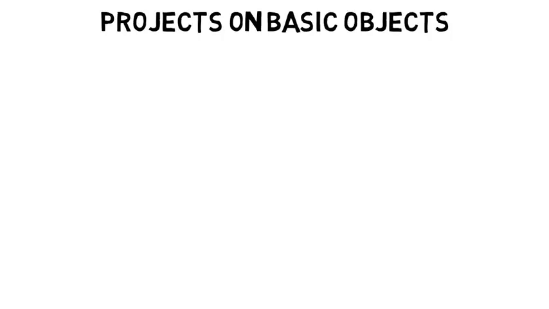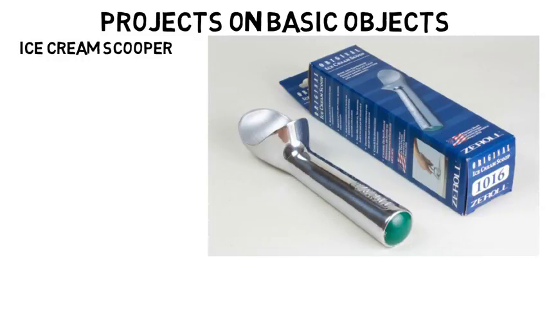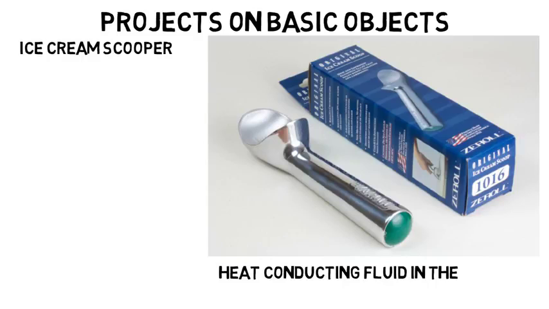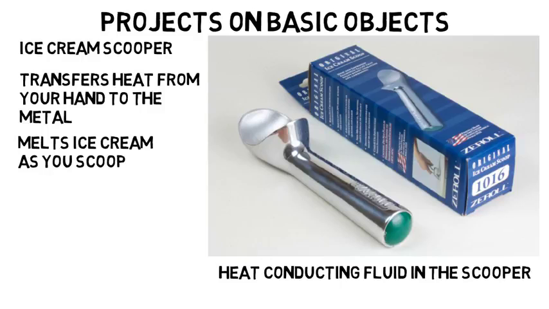Now moving on, you may do projects or reports on basic objects, but go into depth on the material beyond what you may know. These projects can be for anything, but since we are on the topic of metals, at one school students did a project on an ice cream scooper. Seems simple, but what you may not know is that there is heat conducting fluid within the scooper. This is designed to transfer the heat from your hand to the metal of the scooper, and this warms the metal so that when you scoop the ice cream, it kind of melts the ice cream, making it a little easier for you to scoop, as well as making it so that the ice cream does not stick to the